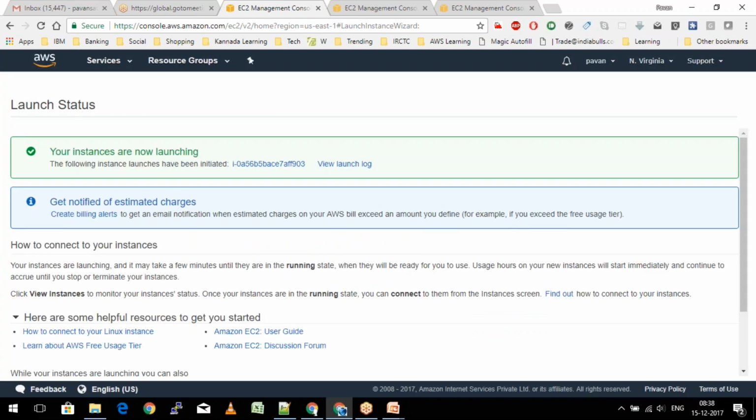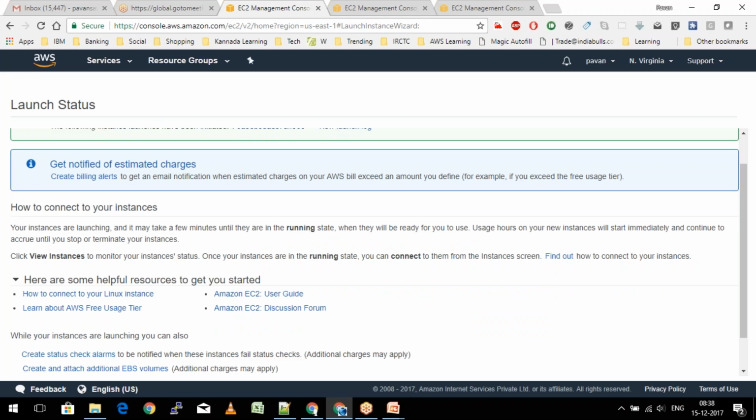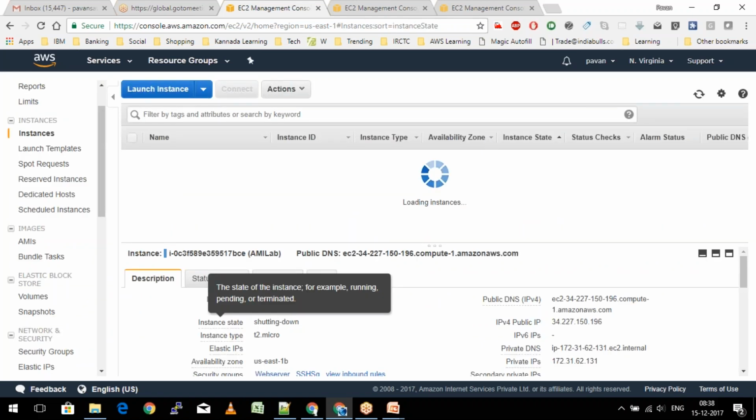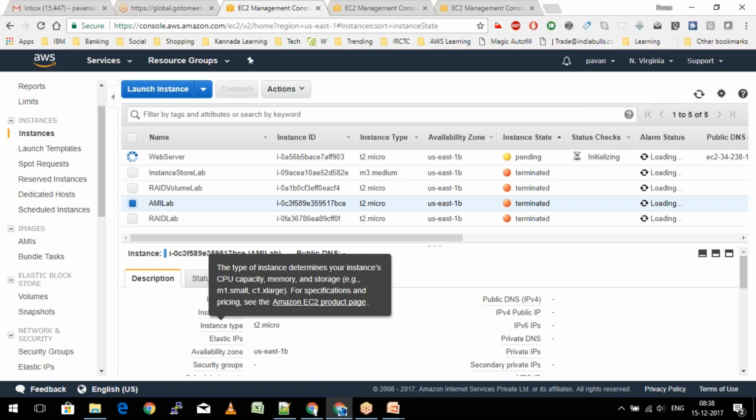So this is now going to launch my EC2 instance with the image that we had created. Again, I don't have to go back into the system and install all the software. It will all be pre-installed. I just need to copy the public IP address and put it in the browser, and I'll be able to see that my web server is up and running.